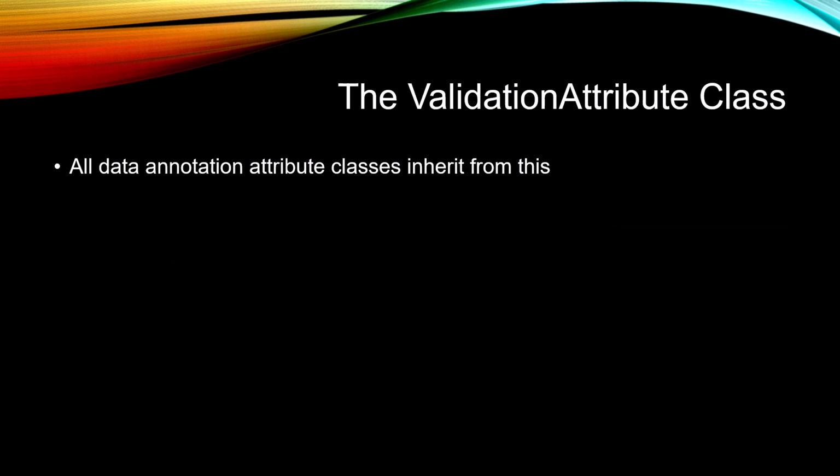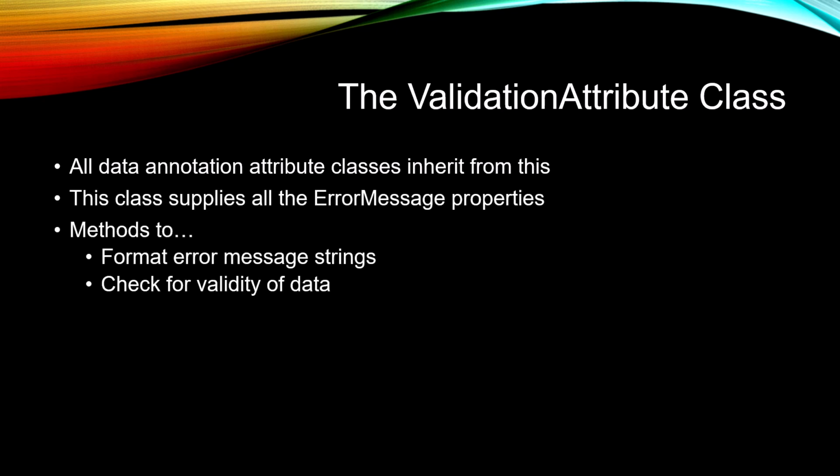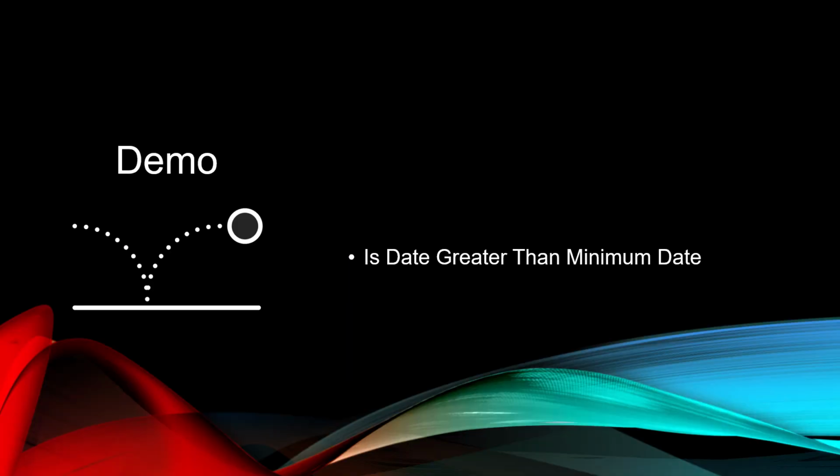So the validation attribute class, all data annotation attribute classes inherit from this, and this class supplies all the error message properties. It has all the methods to format error message strings, check for validity of data. Now this is an abstract class, so when we're going to create our own data annotation attribute, we need to inherit from this class. So let's create our first validation class that is to check if a date is greater